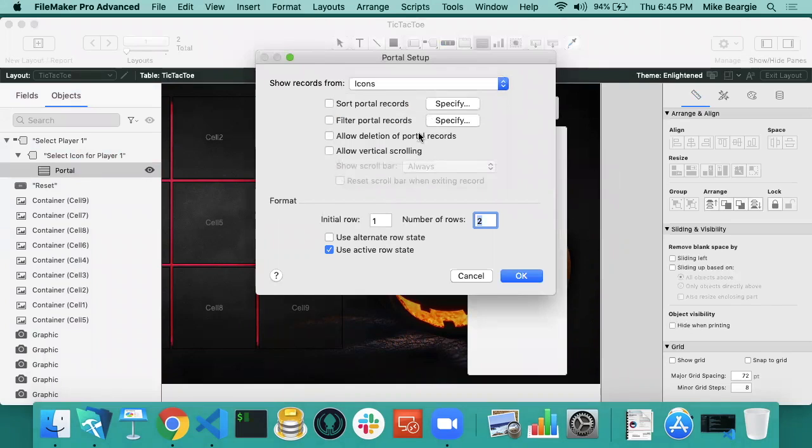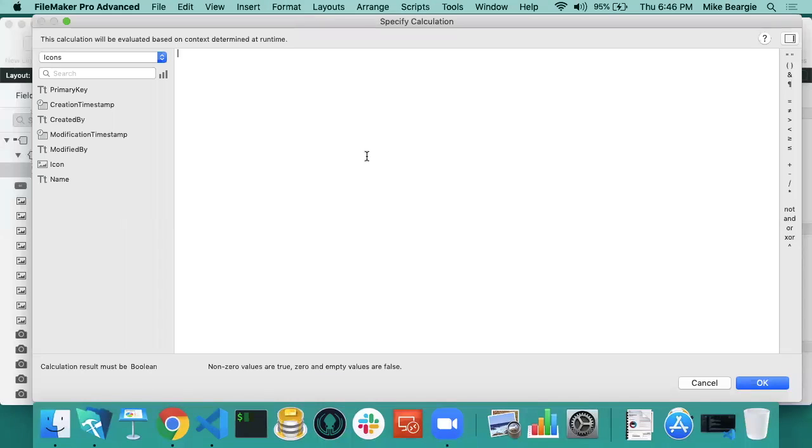And I'll do my portal of icons, and we'll say I want 3 icons in there, and I don't really need an active or an alternate row state. I will want the scrolling there. And I want to filter portal records too. So the reason I want to filter portal records is I want to make sure that the player 1 icon can't be selected the same as the player 2 icon. So basically I'll say case is empty